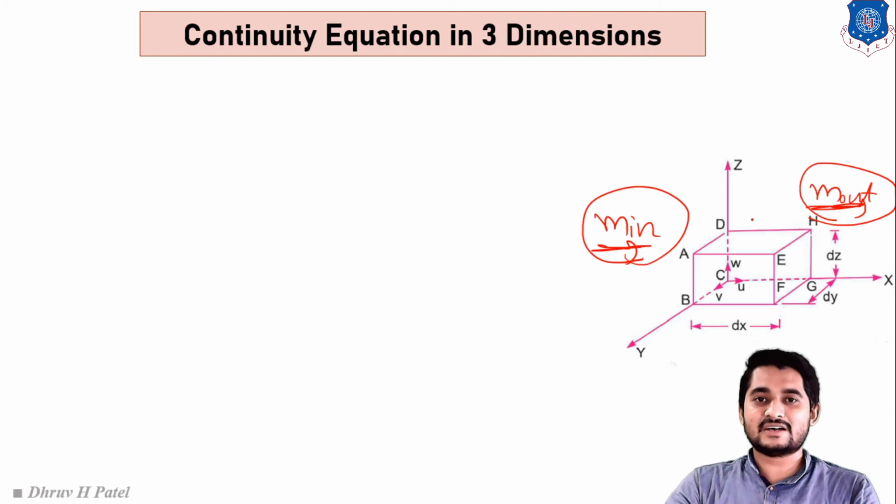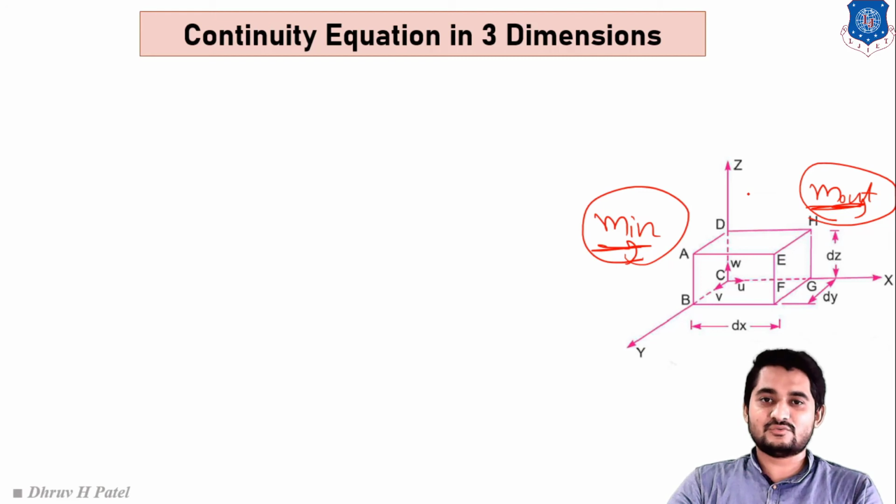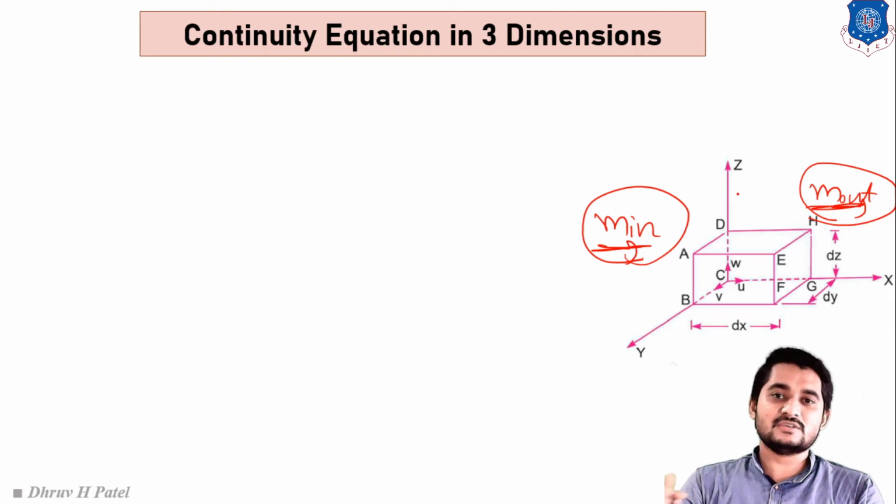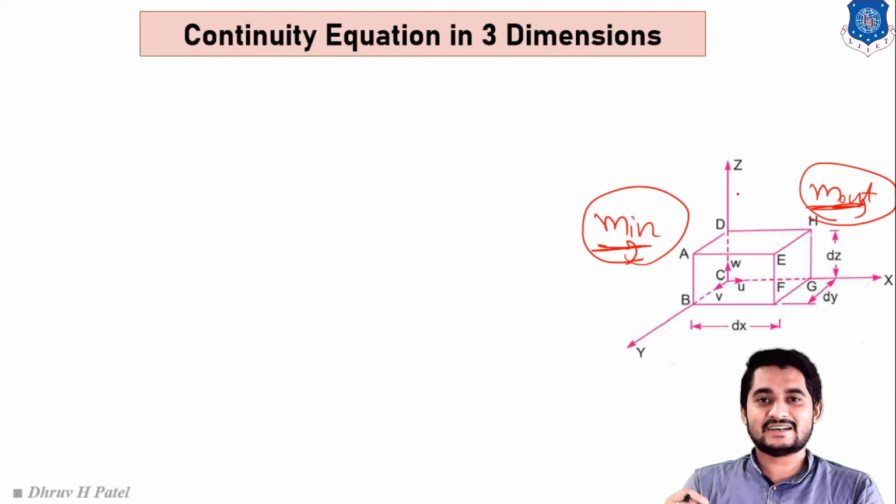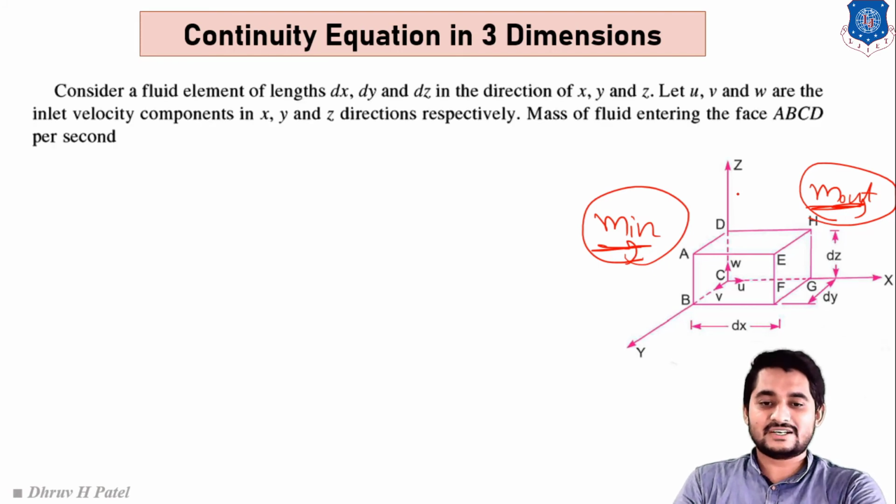Similarly, we have to find the mass gain in the y direction and the mass gain in the z direction. After summation, we can find the total gain of mass from all directions. That will be compared with the total gain of mass with respect to time, from the sketch. If we compare equation number 1 and 2, we will get our continuity equation, that is the basic three-dimensional continuity equation. After that main equation, the sub cases are like this: derive the continuity equation for steady flow, or derive the equation for two-dimensional flow, or they can say derive the equation for incompressible flow. Clear? So let us revise again.